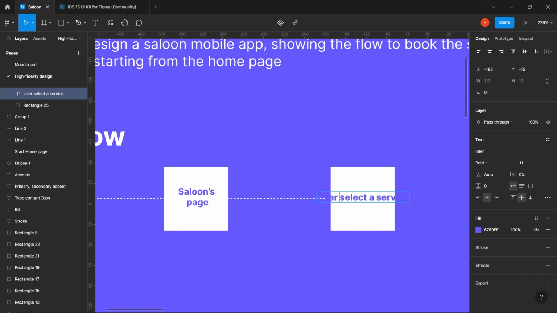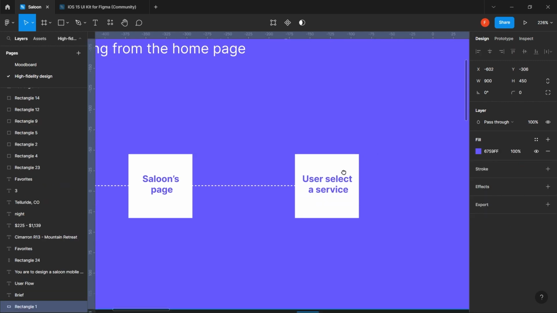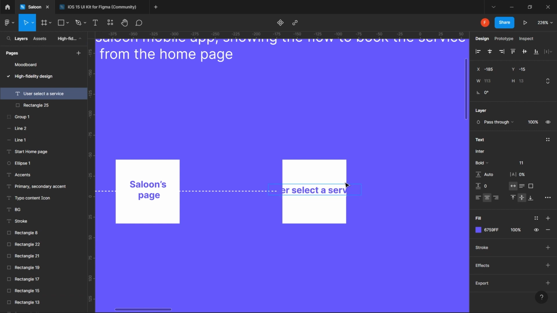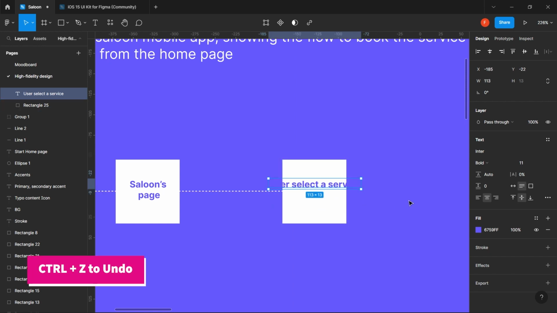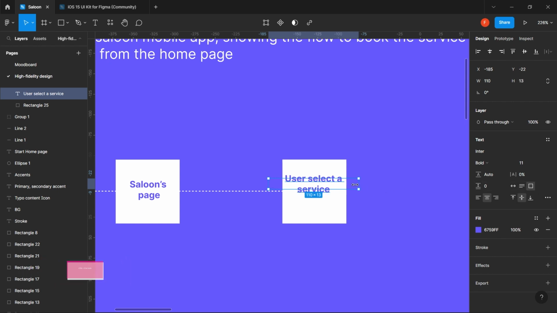Let me just go in here and break this into two lines. So that's one way we can break that into two lines. The other way is to use this here called fixed size. So we can either use fixed size or fixed height. With fixed height, I just move it back and then it's done. The same thing with fixed size, if I click on fixed size, it also does that. The only thing is that the bounding box, that is the blue line around it, is stretched. So I recommend using fixed height if you want to do that, or you just break it into different lines. So user selects a service,